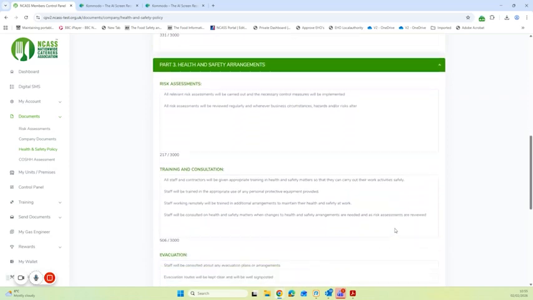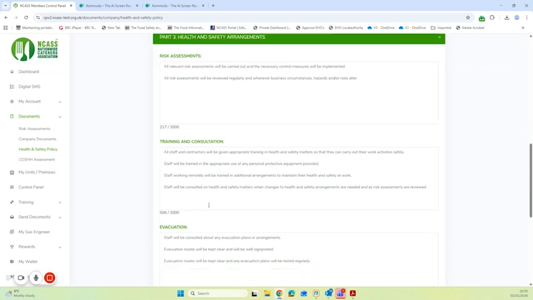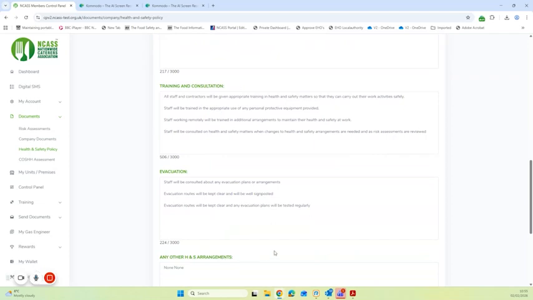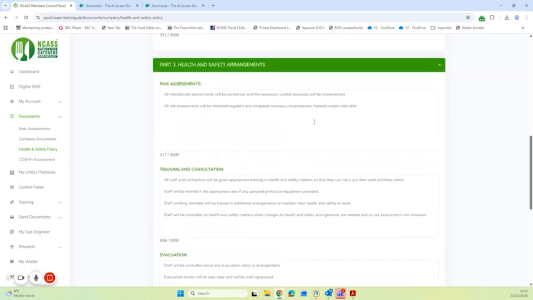Moving on to Part 3, which is the health and safety arrangements, set out into the following subheadings: risk assessments, training and consultation, evacuation, and any other health and safety arrangements. Now, where applicable, once again, we've provided some pre-populated statements, relevant content that you would expect to find within a health and safety policy. Again, please read through these, consider them carefully, and add in anything specific and relevant to your business